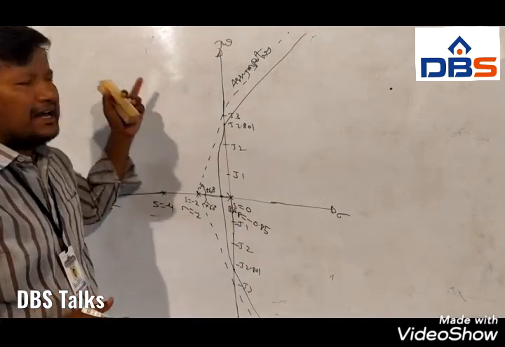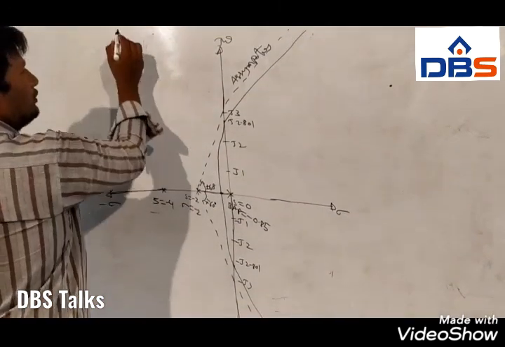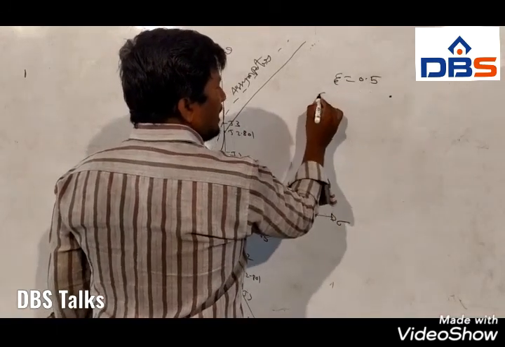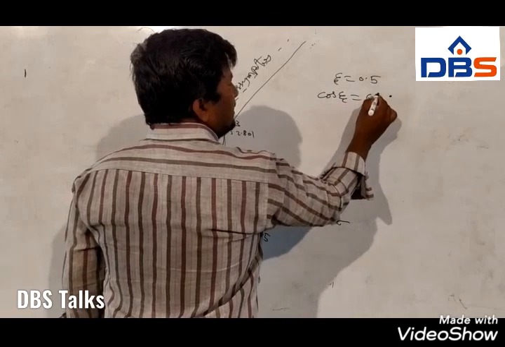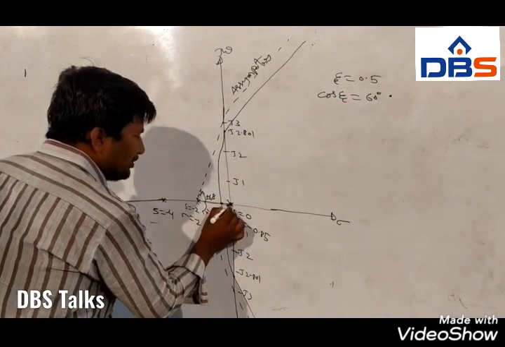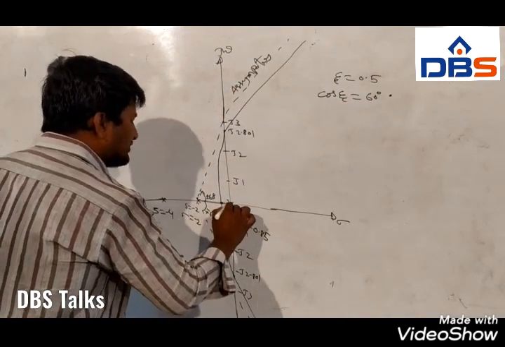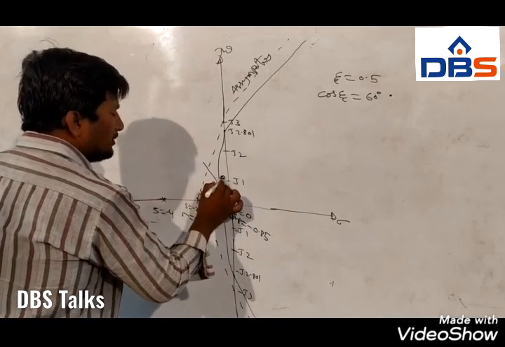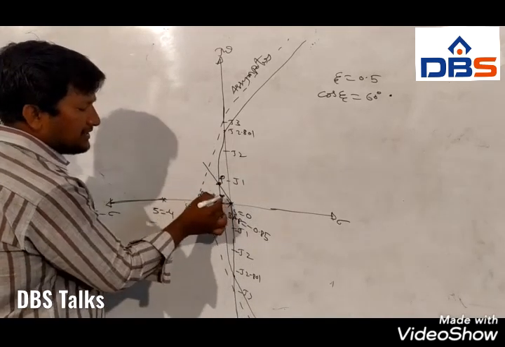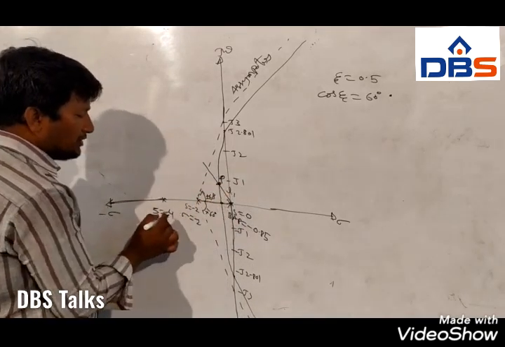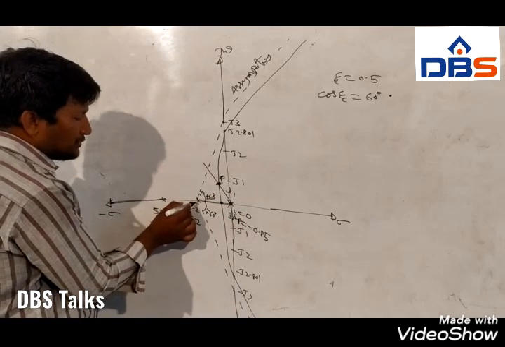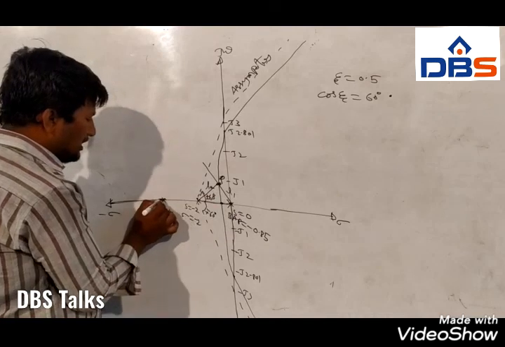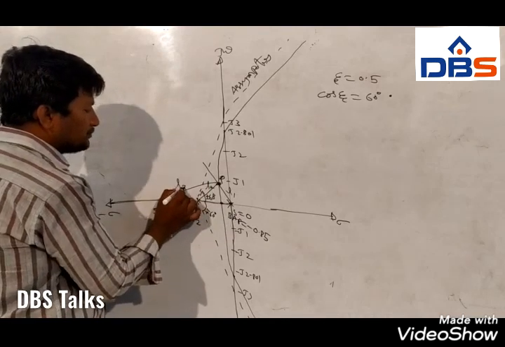Now, an extra one: calculating the K value when zeta equal to 0.5. So cos inverse of zeta, that is 60 degrees. Now take the origin. From this, put 60 degrees and it touches the root locus diagram at P. So OP is the straight line, which you can consider as length L1. In similar manner, from S equal to minus 2, take a straight line to P. This is L2. And from minus 4, this is L3.